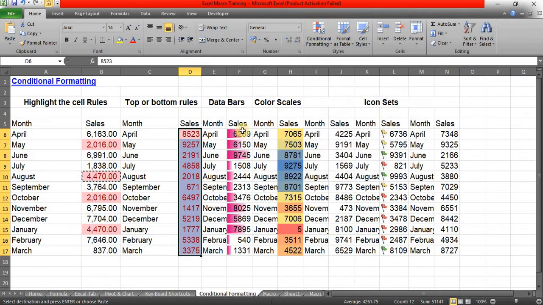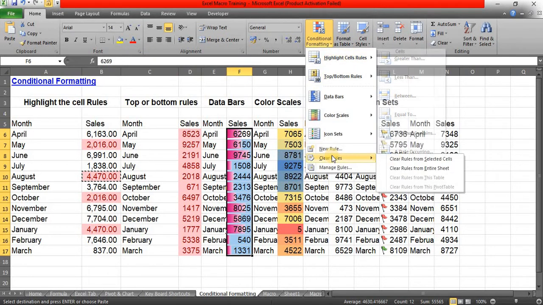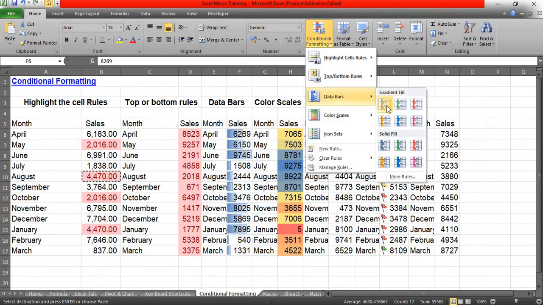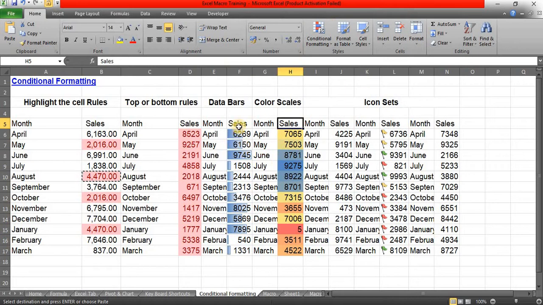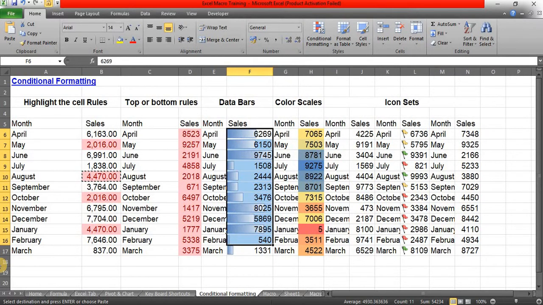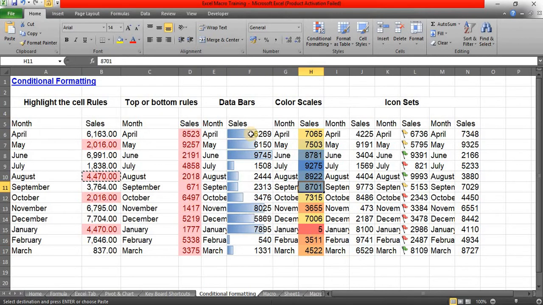Data bars. This will help you highlight data bars based on the range. I'll do that. Based on the rank of the values, it has been highlighted like charts. In the chart we are creating, right? It works in the same way. The highest value is 9745, and it has been filled across the entire range, and the other top values too. So this looks like the same chart feature.